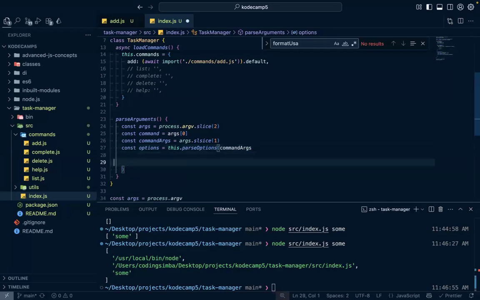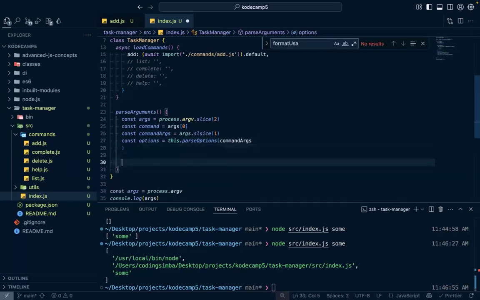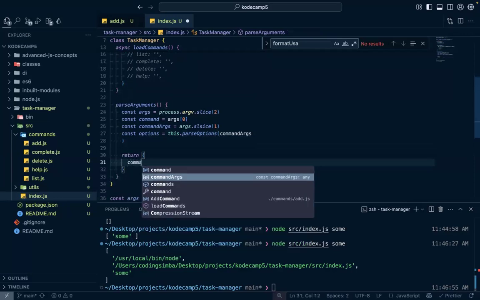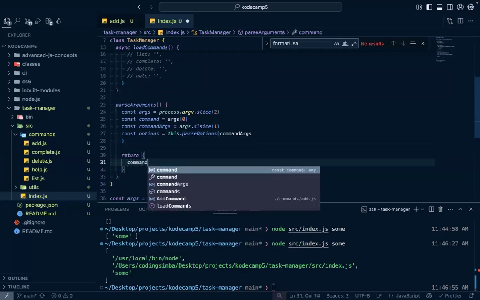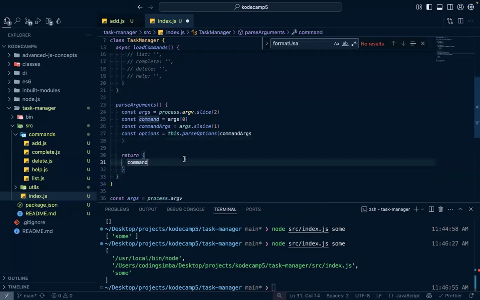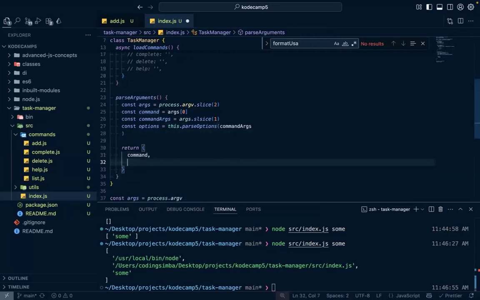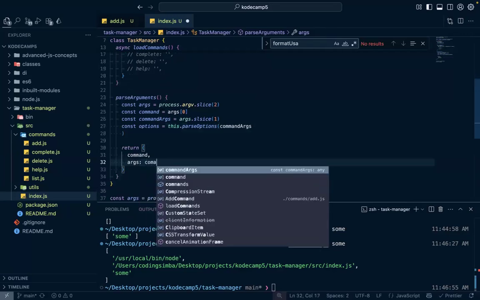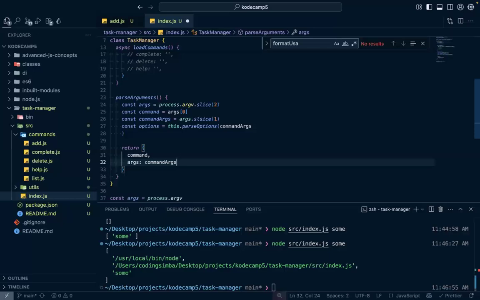We want to return, not here, please, an object with command. The command may be add or delete or something like that. Command, and the args, which will be commandArgs, and then we will filter args that do not start with double,